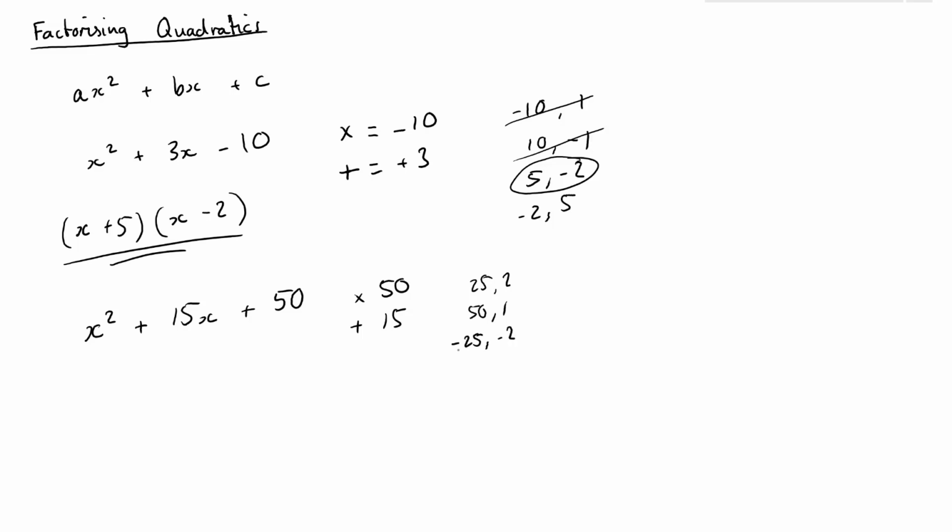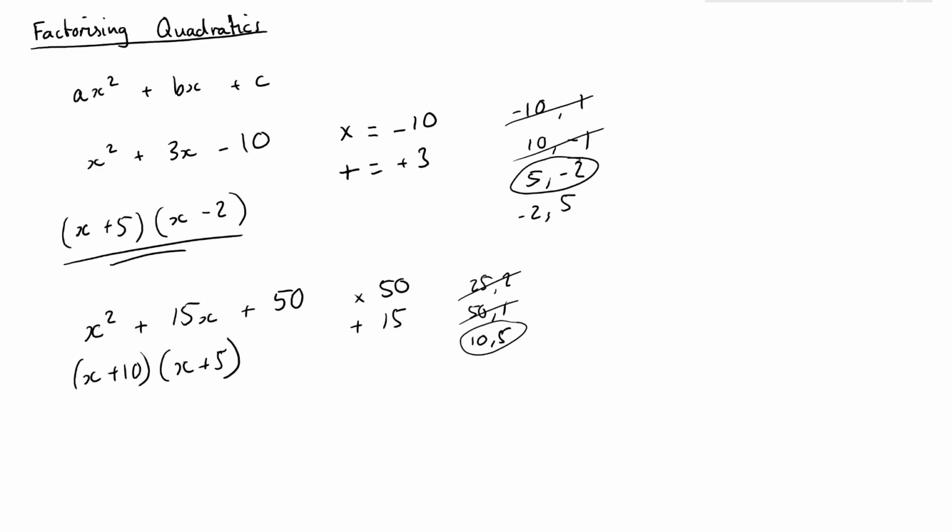But when they're both negative, that usually will give you a negative value for b here as well. So I don't actually have to worry too much about those if they're both positive. But I could also have 10 and 5, and now when I add these together I get 27, so that doesn't work. That gives me 51, but this does give me 15. So it's going to be x plus 10 and x plus 5, and this is your factorized